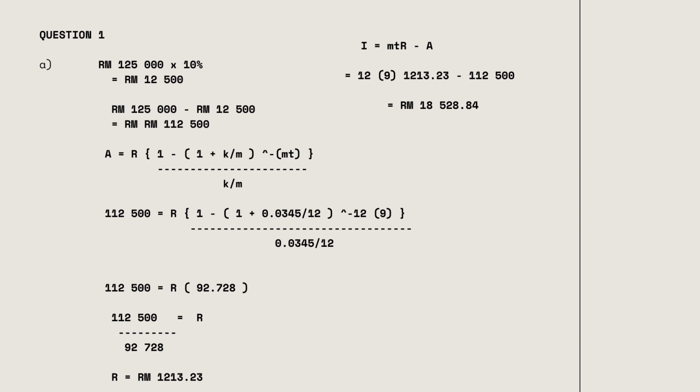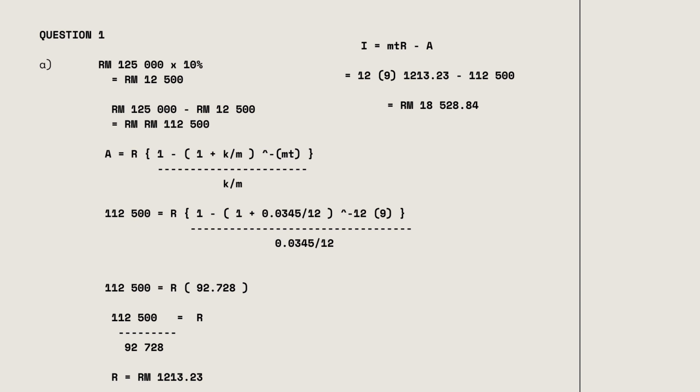125,000 ringgit Malaysia multiplied by 10% equals 12,500. Then 125,000 minus 12,500 equals 112,500. And we use the formula A equals R in bracket 1 minus in bracket 1 plus K per M in bracket to the power of MT, divided by K per M. Then we got the answer R equals